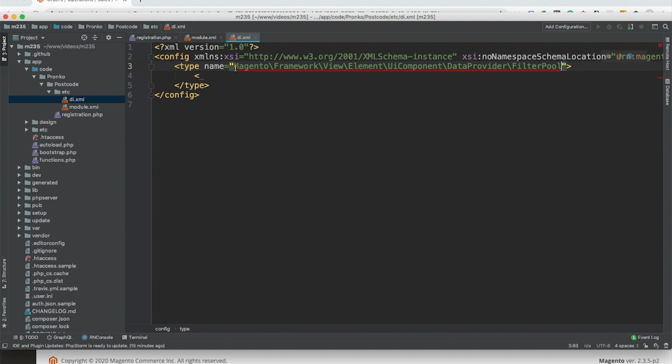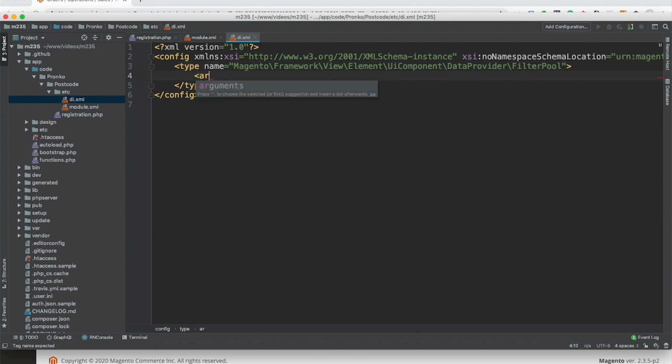This is a class that is responsible for providing a list or a pool of filters that are used for filtering a data provider or collection for a UI component.